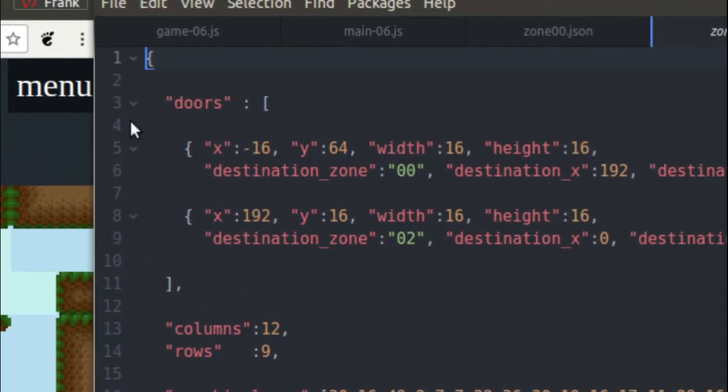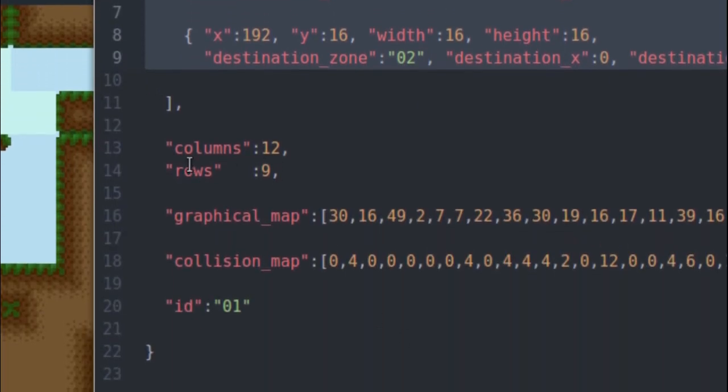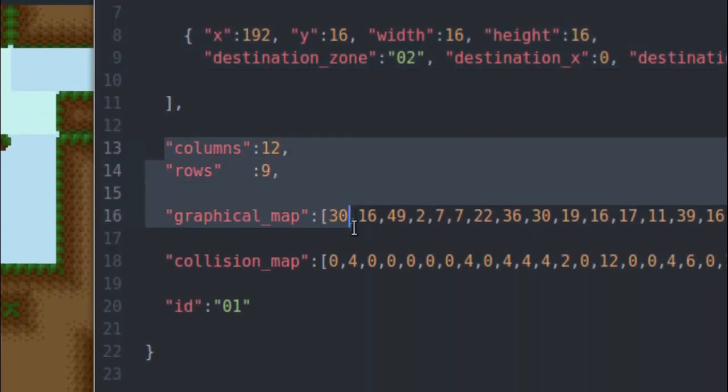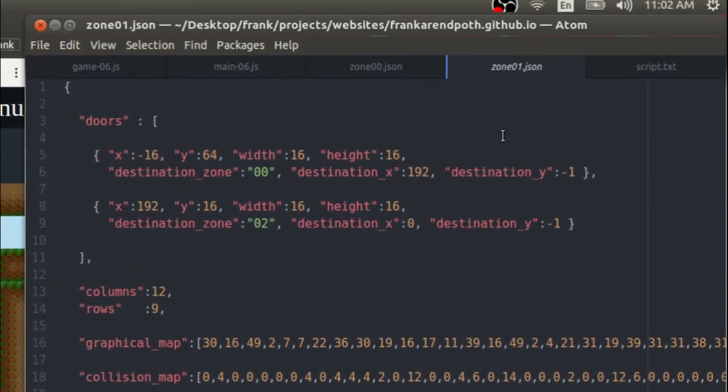So inside of my doors array, I have defined 2 door objects, and then same as before, I have my columns and rows and my 2 maps and the ID that just indicates what zone this is. So if you know how to write JavaScript, you know how to write JSON for the most part. It's really easy, and it's a really great natural fit for writing information that you're going to load into your JavaScript game, because it's so similar to JavaScript already, and you have the built-in JSON.parse method to parse this information